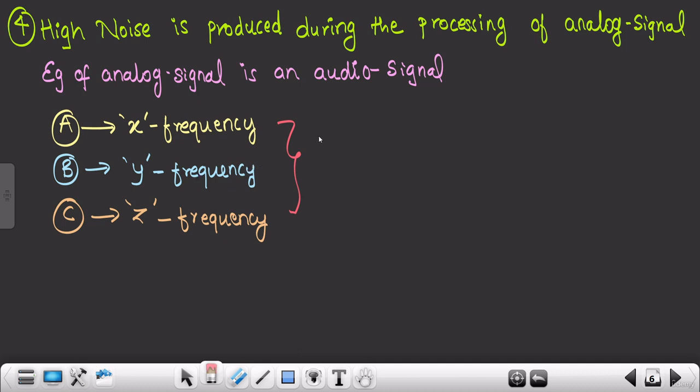So A, which is me, a singer, and you all know I'm not a good singer, but I'm still able to produce a sound wave of X frequency. One mischievous friend is banging the bench, producing a sound wave of Y frequency. Another is banging his tiffin, producing a sound wave of Z frequency. And obviously our audio signal is a mixture of